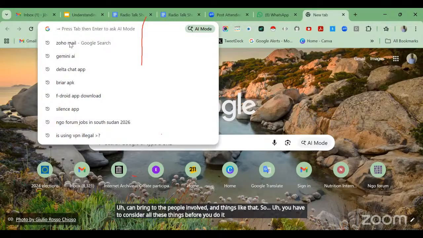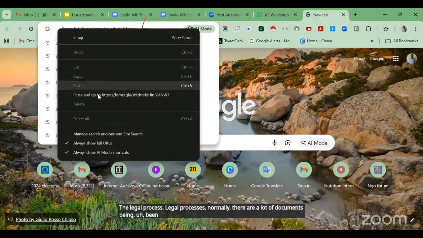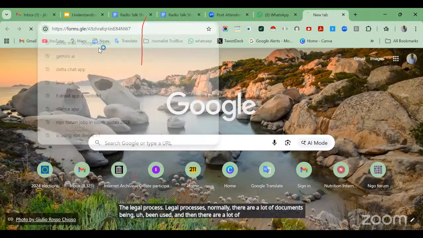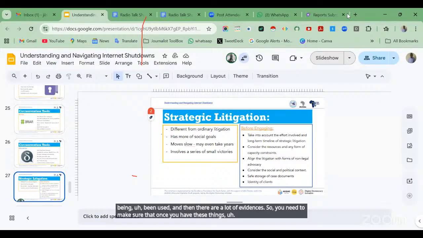You engage in this, and then the safe storage of case documents, because in legal processes normally there are a lot of documents being used, and there are a lot of evidences. So you need to make sure that once you have these things, there's safe storage for them.